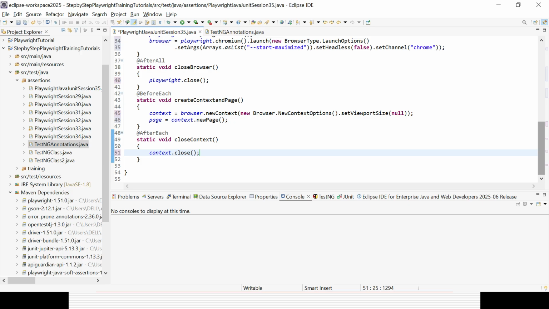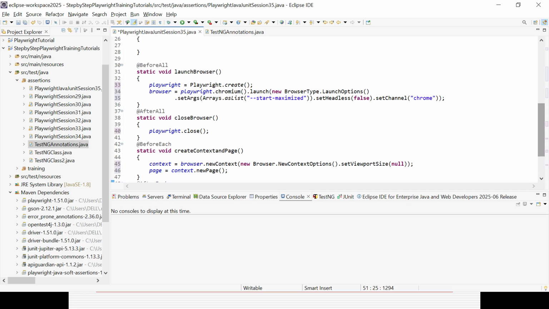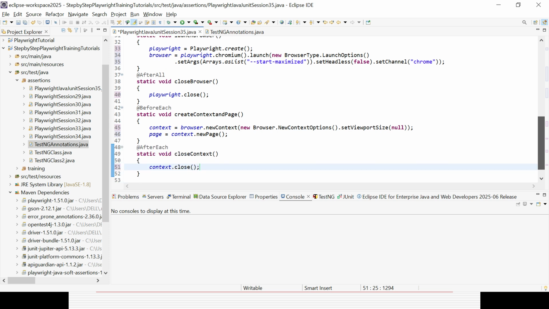That's all. So these are the four important methods. In before all, we are simply launching the browser, meaning we are opening the Playwright instance. After that, we are trying to open a new browser instance. Whereas before each will be applicable for every method, where every time we want to open